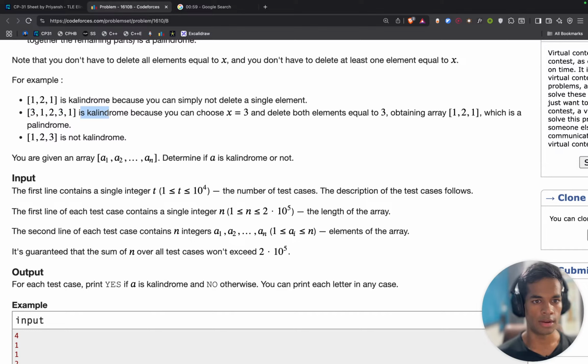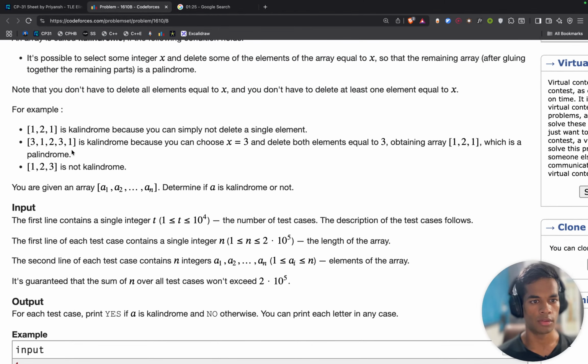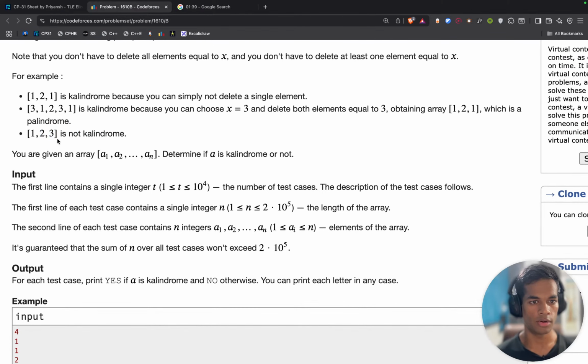This is a palindrome because you can choose x and make it equal to a palindrome. Here I could choose 3 and remove both of the threes, obtaining this, which is a palindrome. And this is not a palindrome. I cannot choose any number.